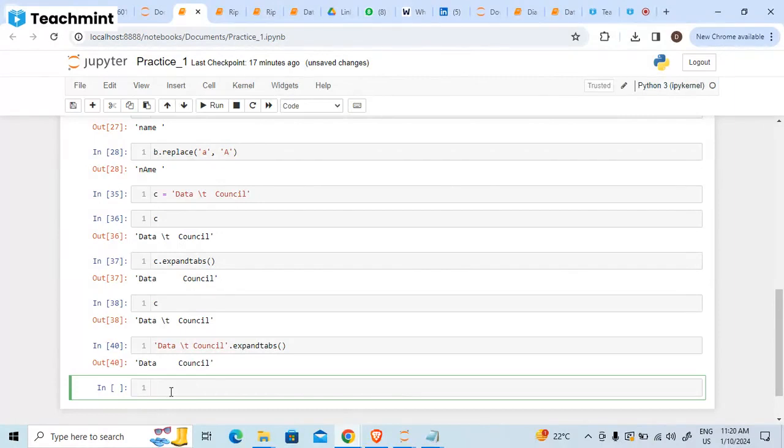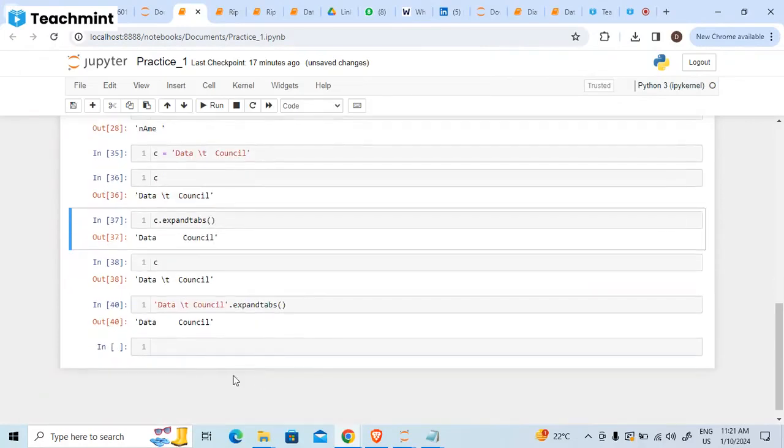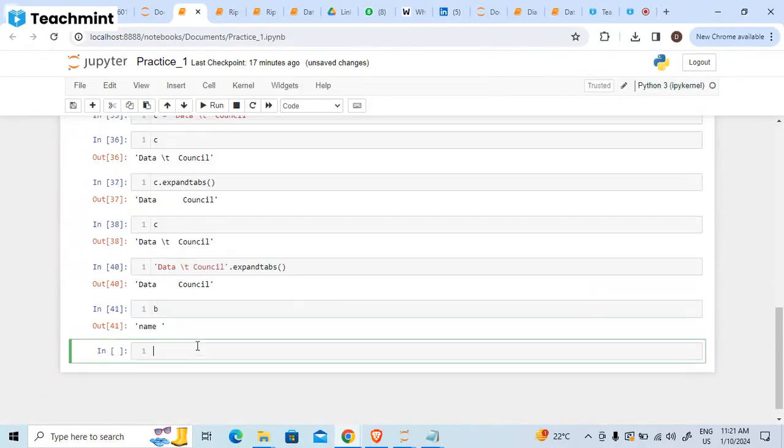Let's take name again here. Name is stored in b. This is my simple b. Now b dot center. Inside center I have to write an element. How many elements do I have to write if I have to take name inside center? Now I have to take only 5 elements, and the center point is for now